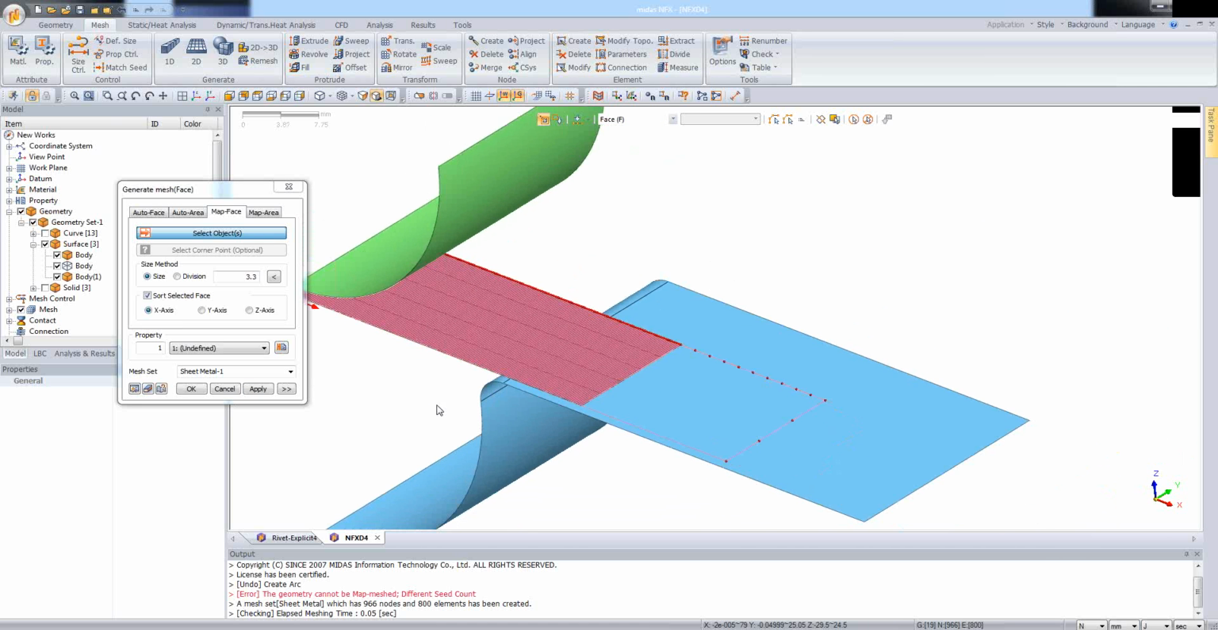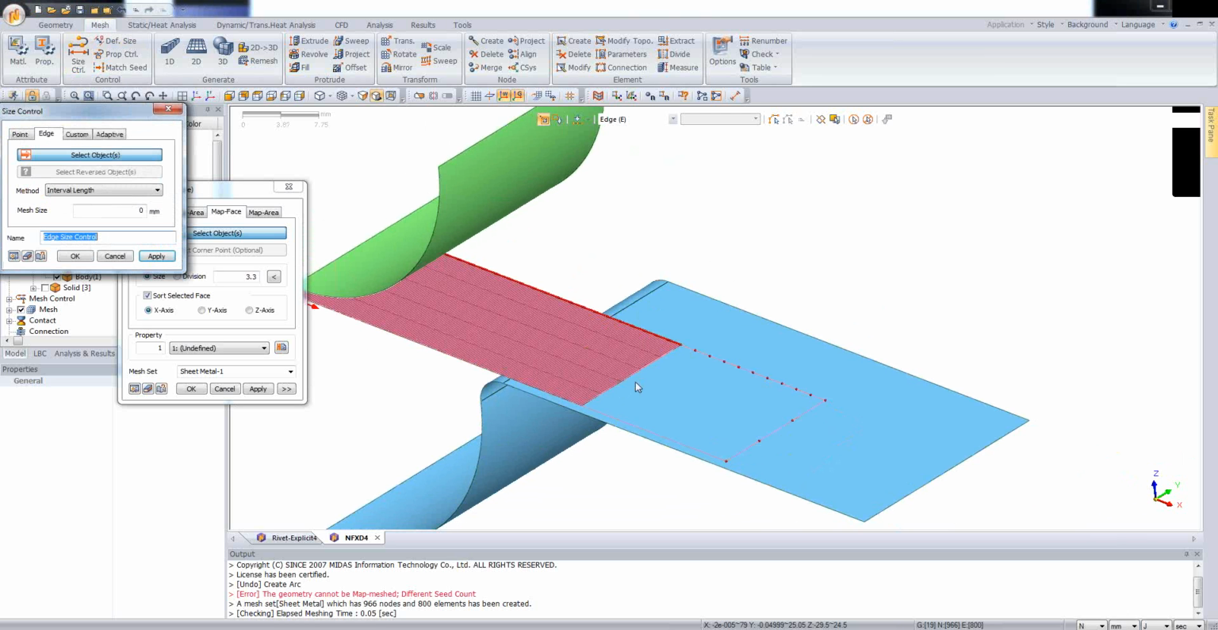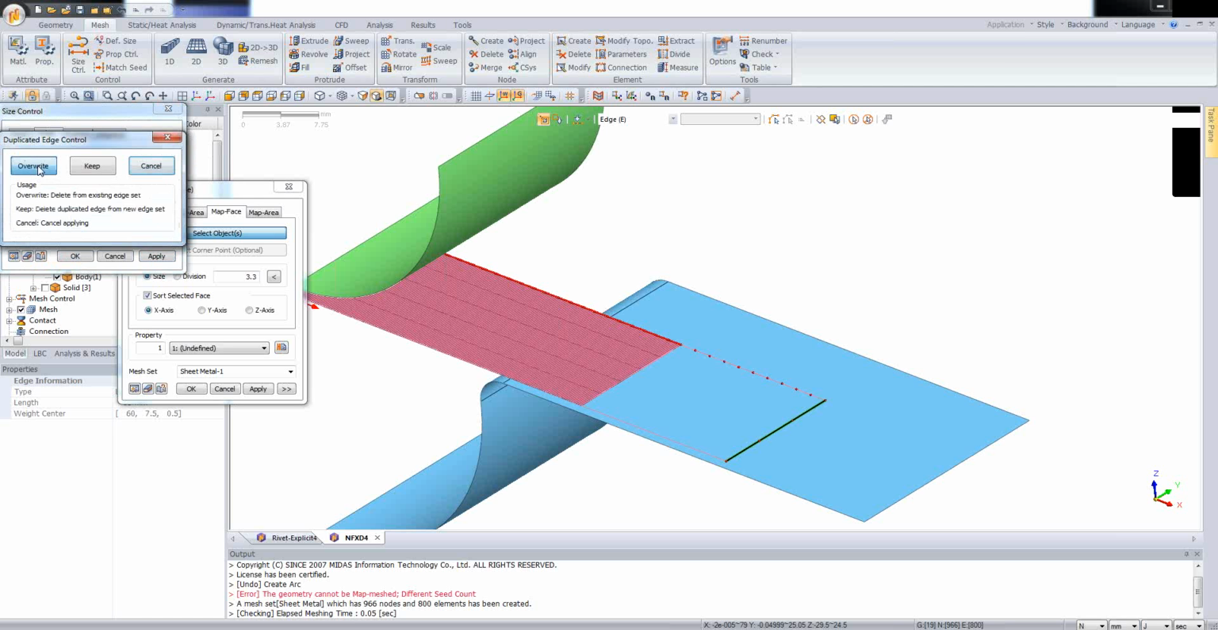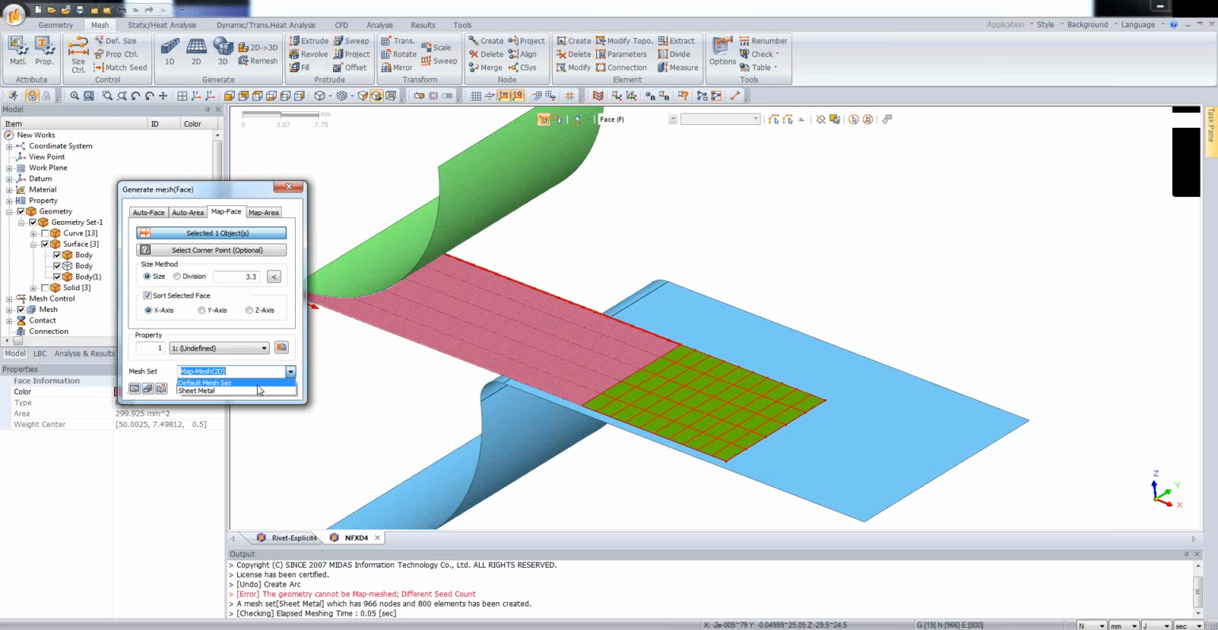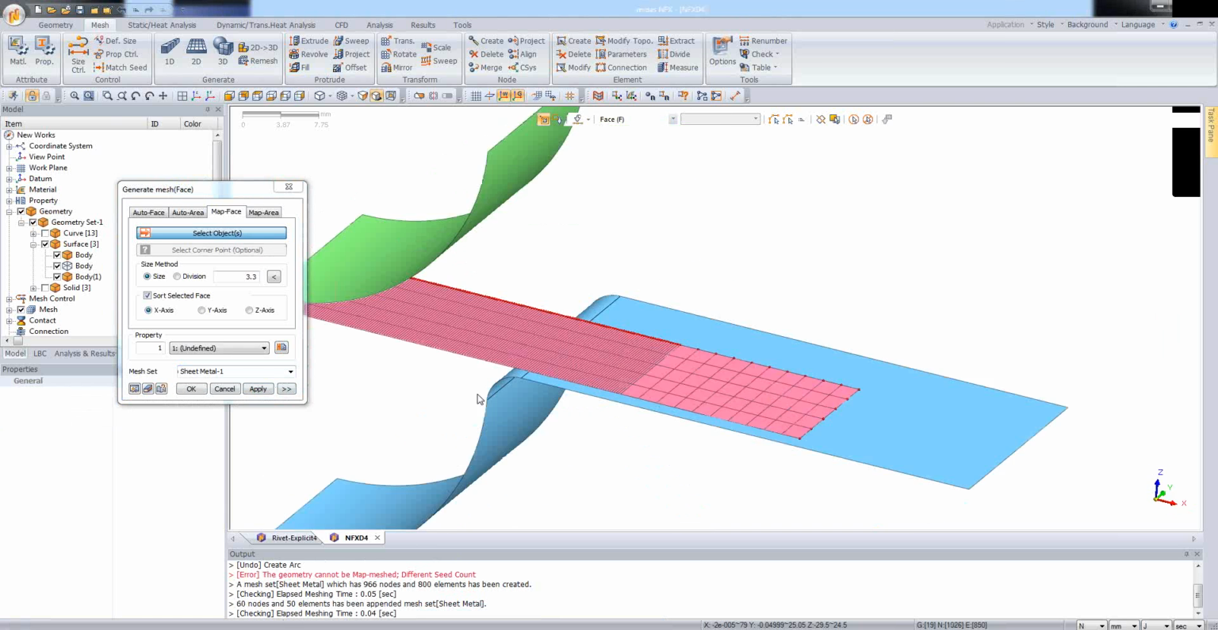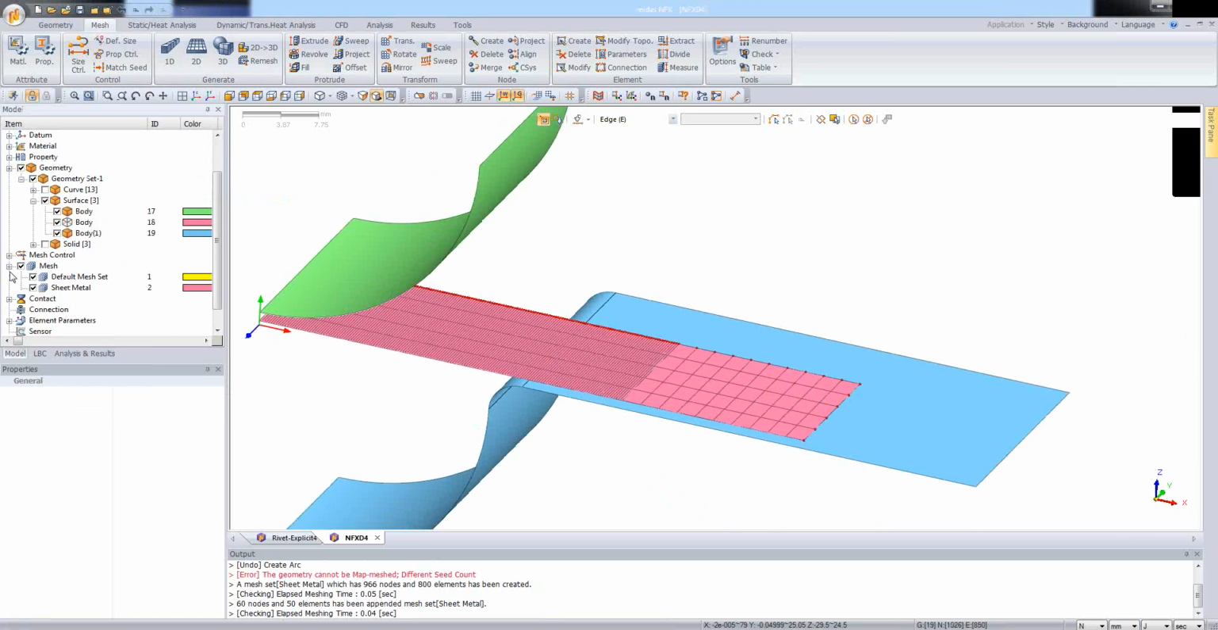Okay. I think it will be better if we change the size on that edge to 5. So I will overwrite this, and now we can create the mesh for this part of the sheet metal. So let's add this mesh to the sheet metal mesh set, and let's click on apply, and we have the first mesh. So now I'm going to the mesh branch, and let's hide this mesh, and let's hide the geometry body,